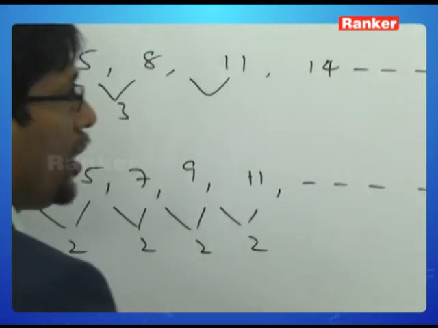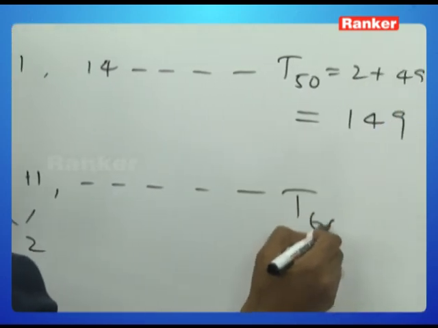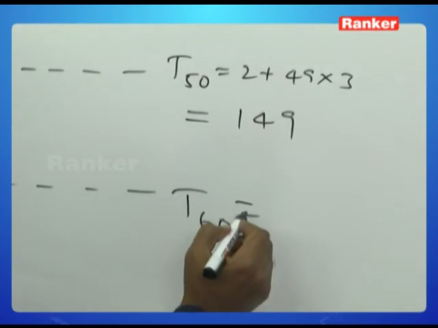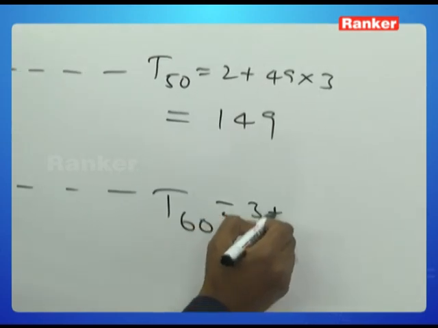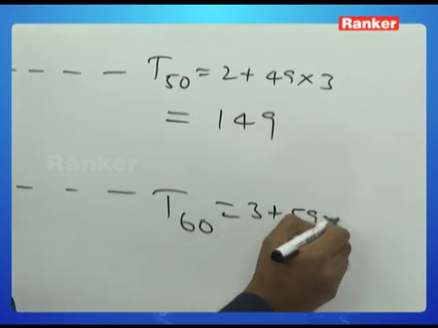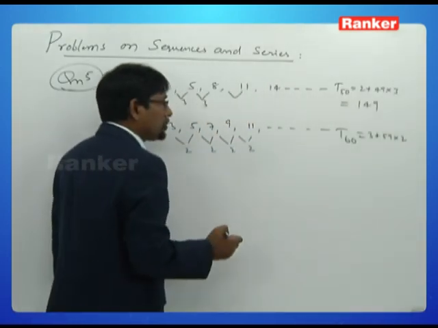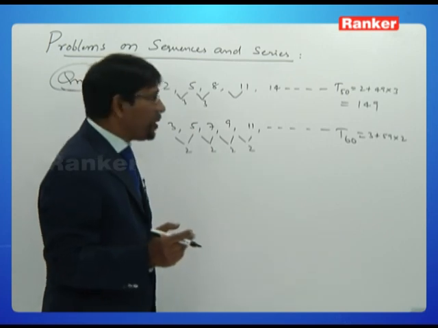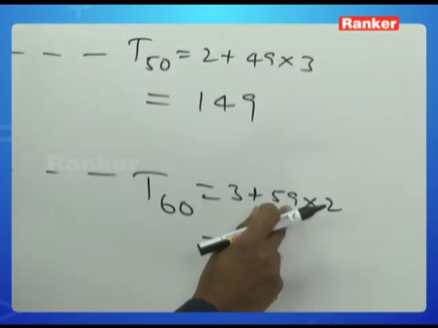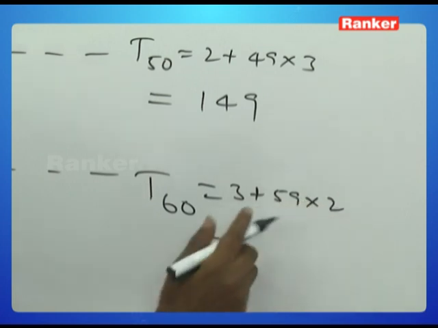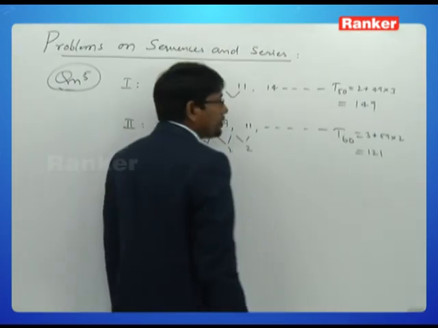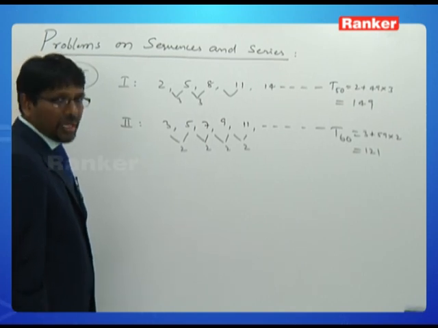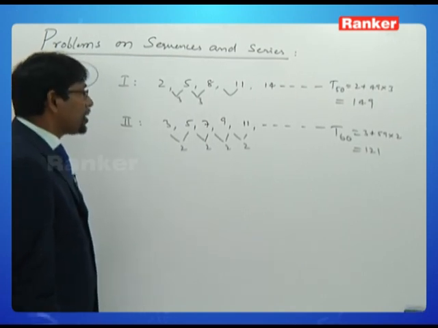But now you are looking up to the 60th term. What is the 60th term? It is 3 plus 59 into 2. A plus n minus 1 into D, that is the nth term of an AP. So 3 plus 59 into 2 makes it 118 plus 3, which is 121. So 121 is the last term of the second series